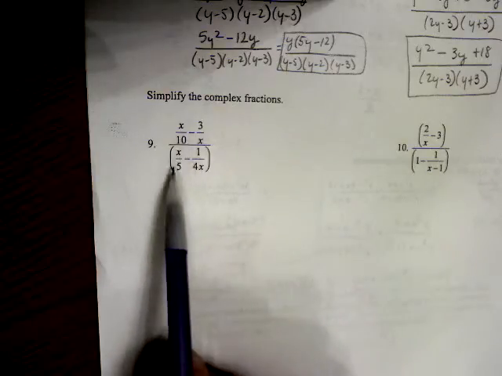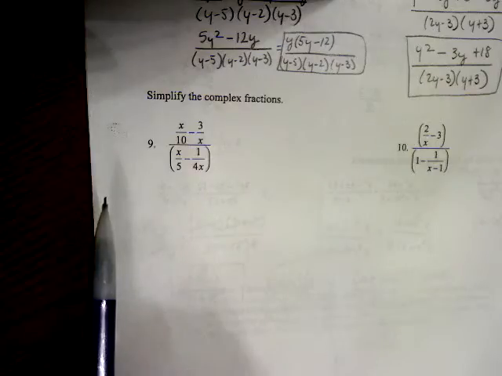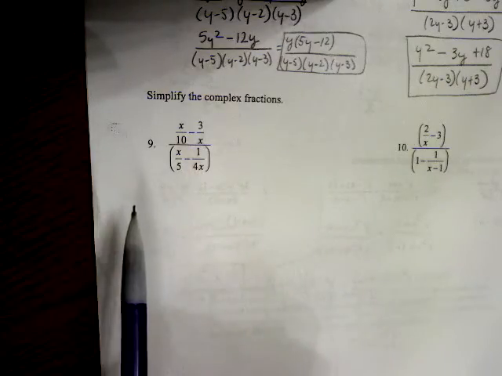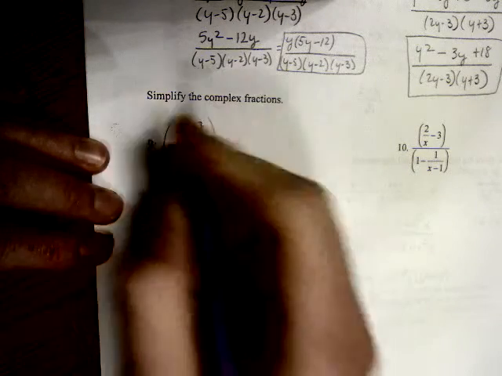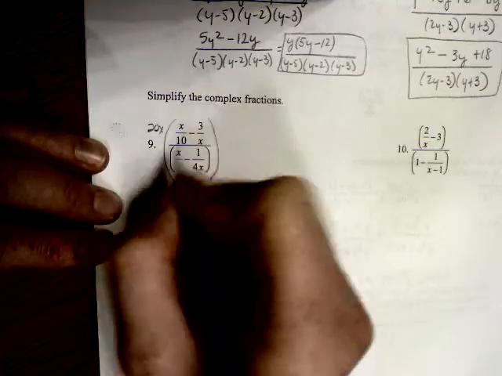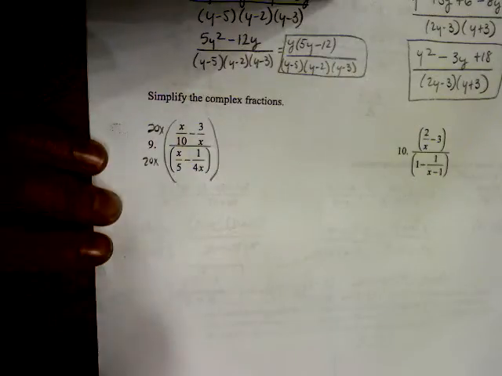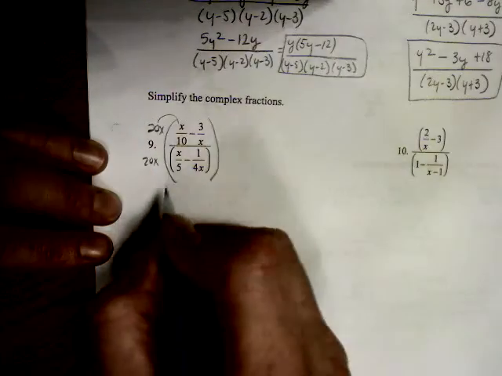So since 10, 5, and 4 all go into 20, 20 will be the coefficient we need, and since x and x are the variables, they both go into x, so the common denominator is 20x. So we have to multiply the numerator and the denominator by 20x. So if you distribute the 20x to x over 10,